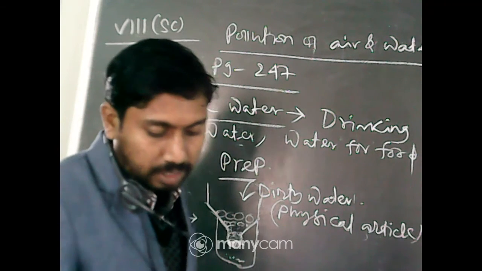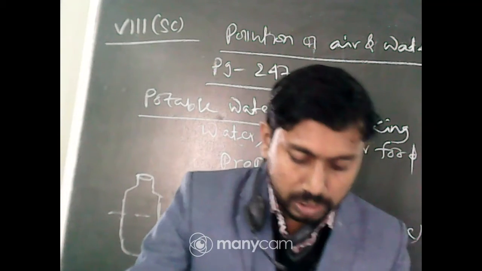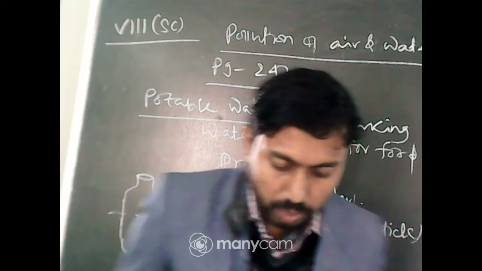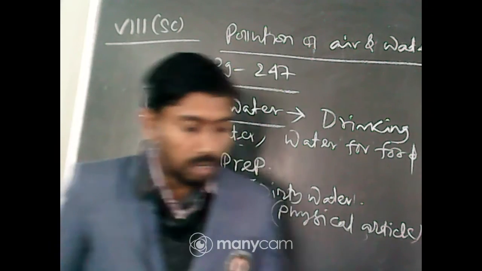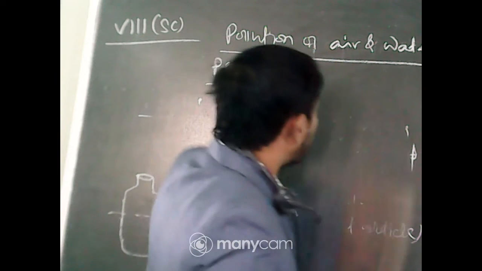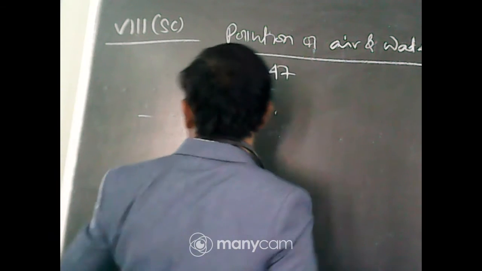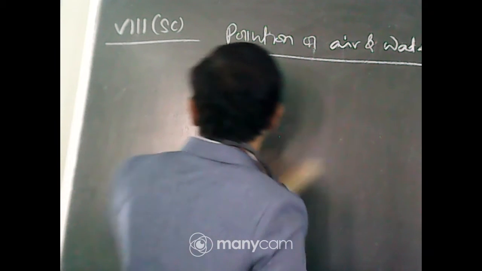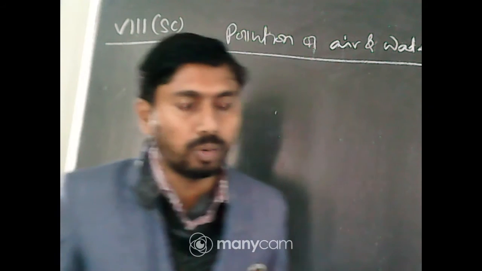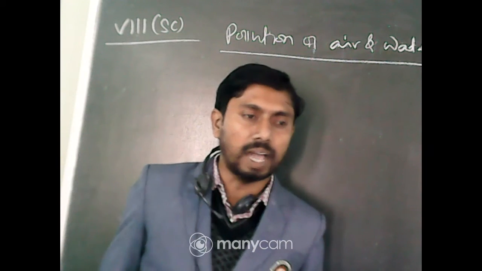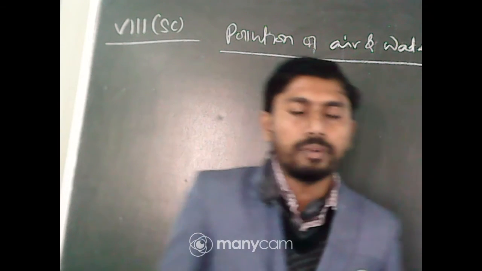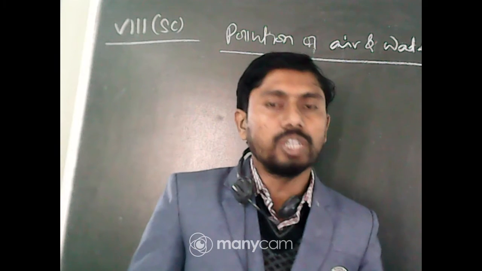Next, come to the next page. Discuss the following question among yourself with your teacher. Why do we need to filter water before drinking? Now, we should filter the water before drinking for the purpose of staying healthy, so that we never suffer due to waterborne disease. What are the waterborne diseases? That is dysentery, typhoid, cholera, jaundice, etc. are the waterborne diseases. Now, there are a few steps by which water should be purified.